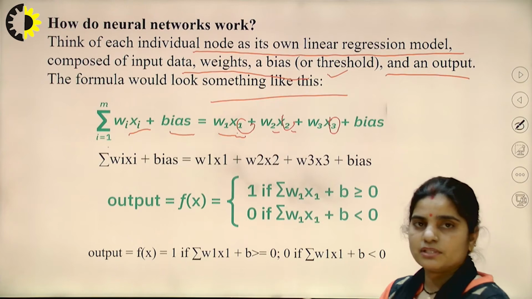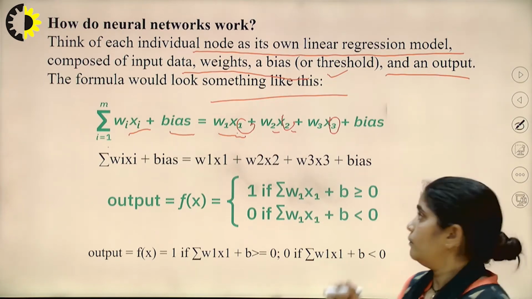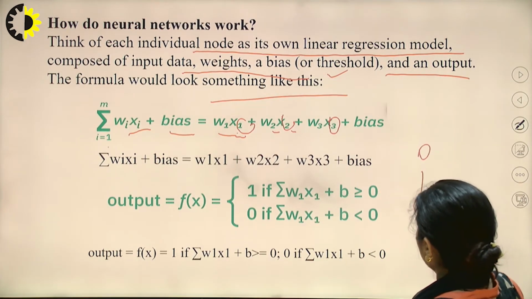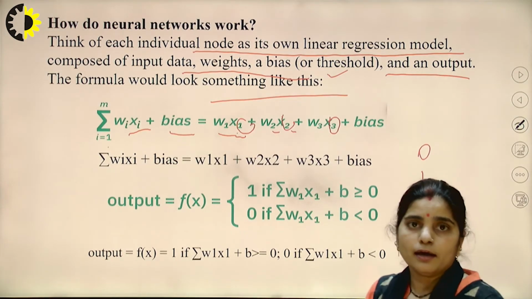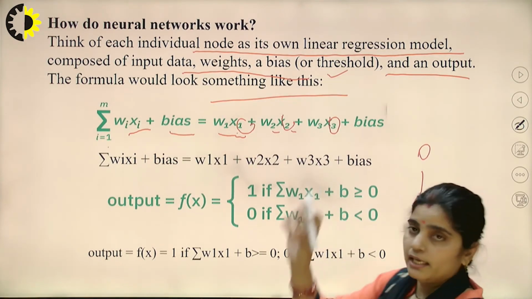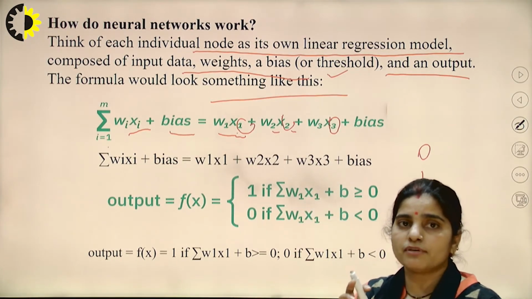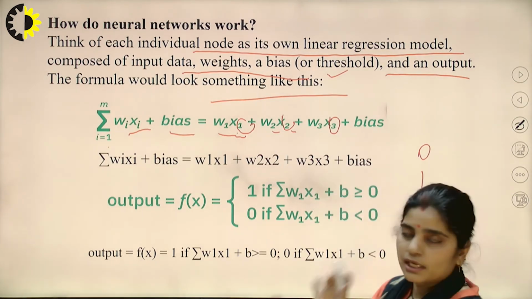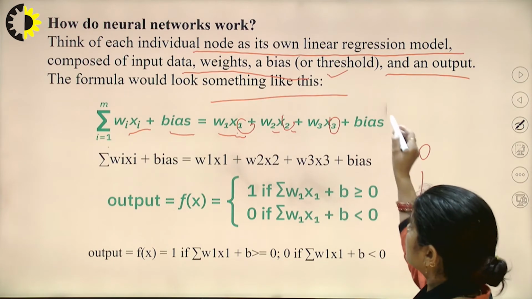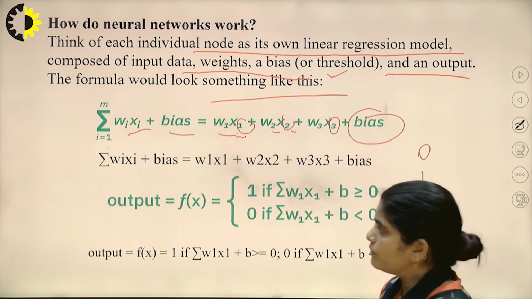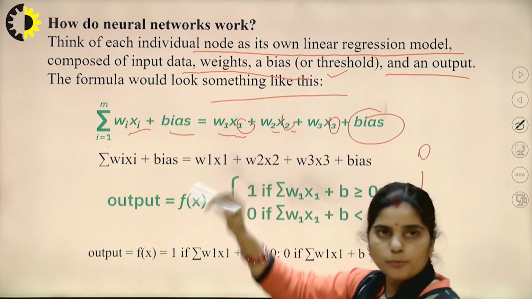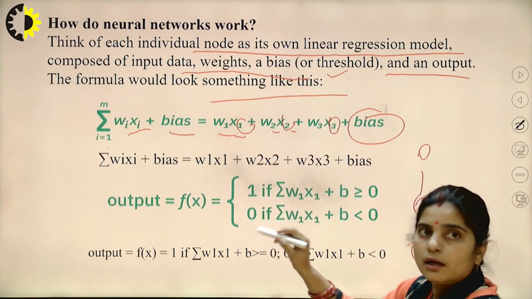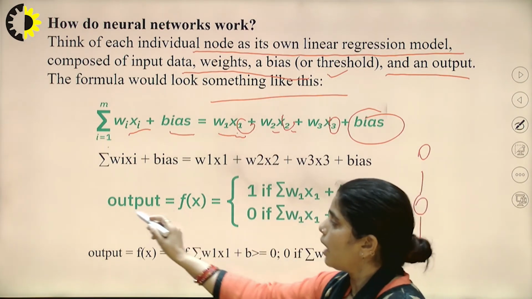As we see in the diagram, this is the input layer containing the input data. After that, what do we assign? Each node has its associated weights plus a bias value. So each input data has a weight, and overall there is the bias value. Now, based on these inputs, we get the output function